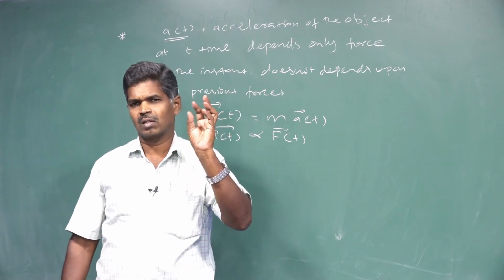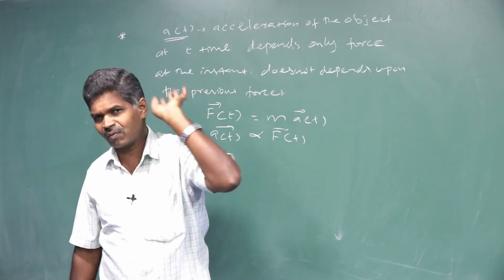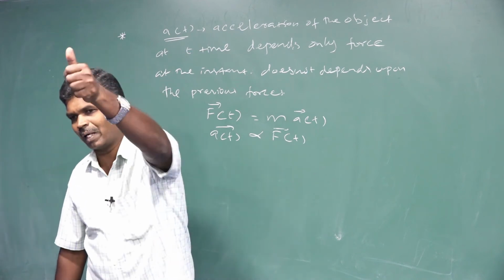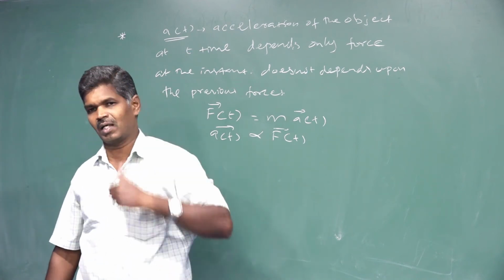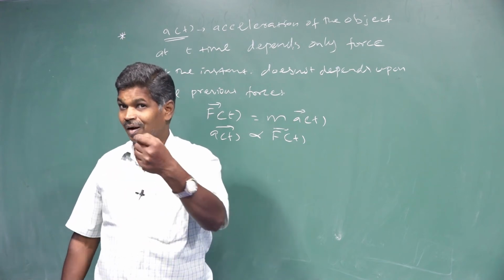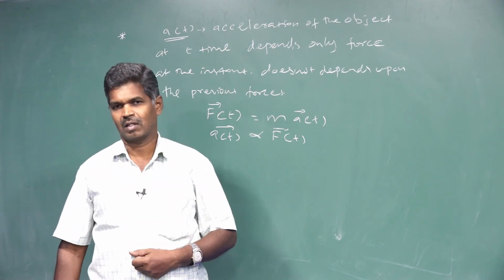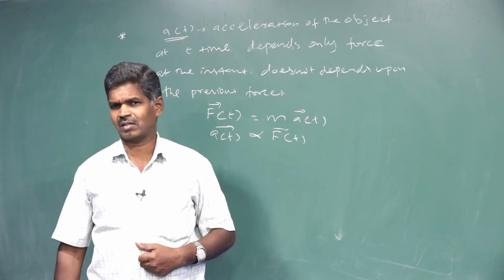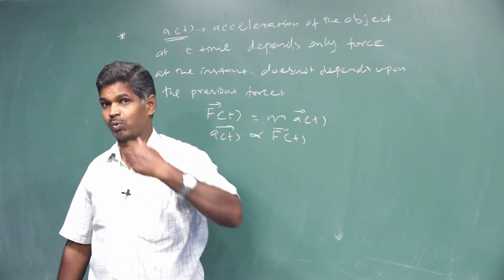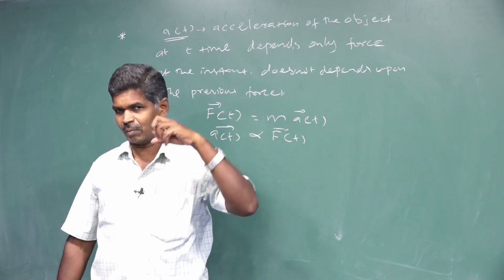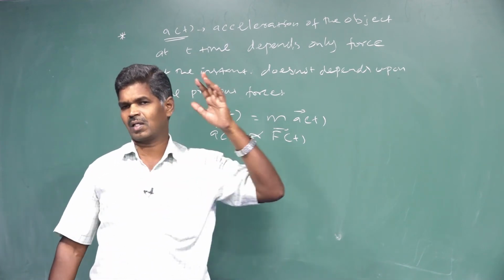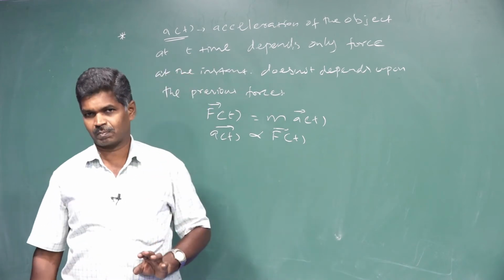That force is at the time of releasing the ball only. Between the bowler and the batsman, the ball has to travel a certain distance. During that travel, the ball can have acceleration. At any instant, the acceleration does not depend upon the force given by the bowler. Only at the time of releasing the ball does the acceleration depend upon the force given by the bowler.